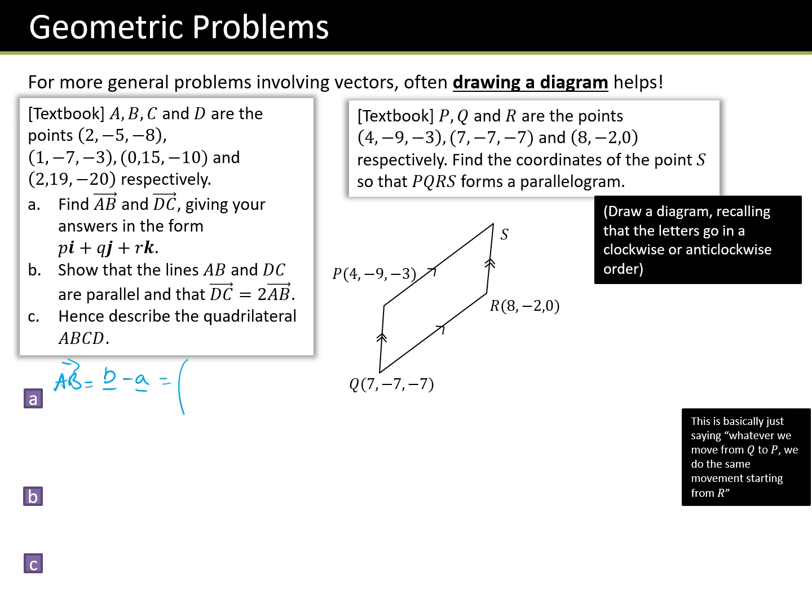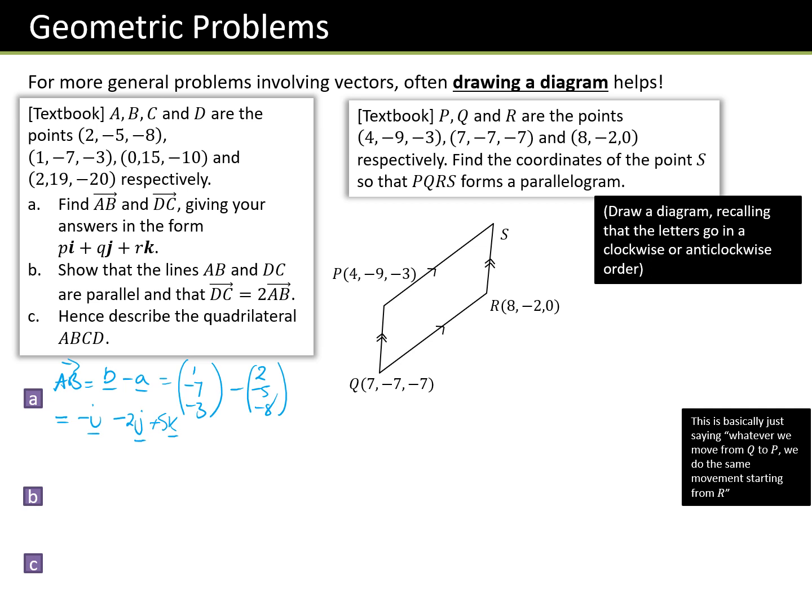So B is (1, -7, 3), and A is (2, -5, 8), and we're asked to give it in ijk form, so just working that out, 1 minus 2 will be minus 1 in the i, minus 7 minus 5 will be minus 2 in the j,